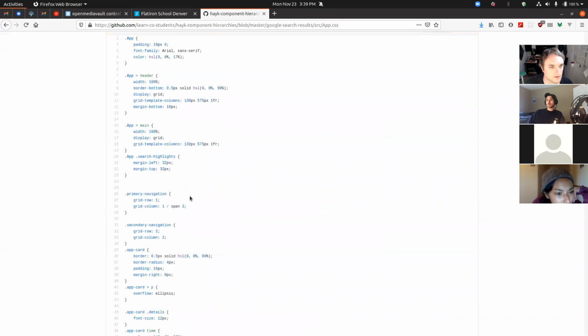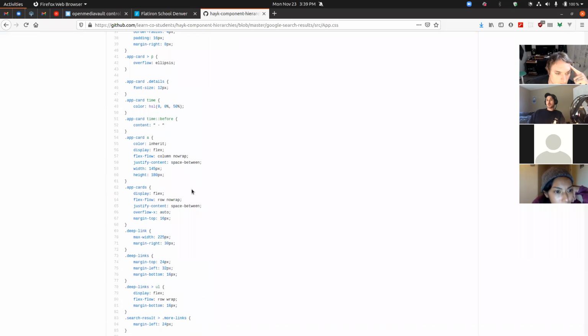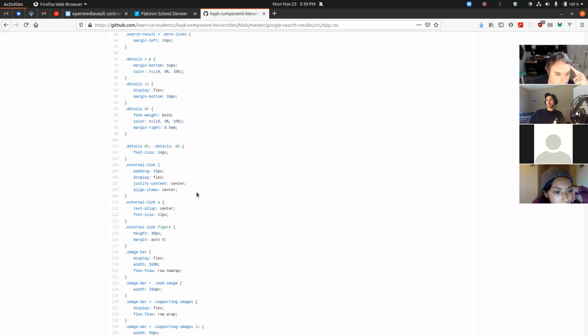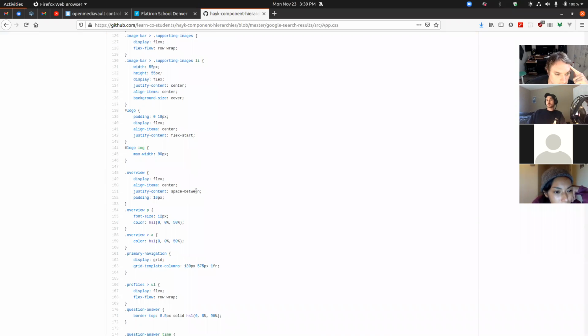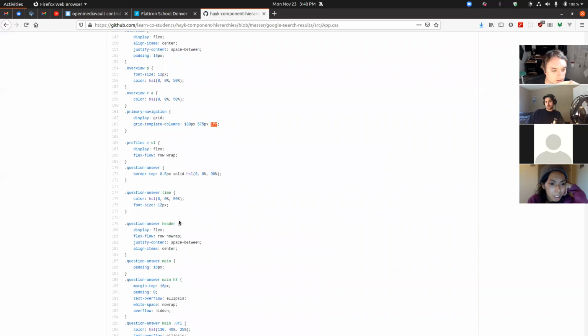App.css. Primary navigation. Oh, I gridded it. There you go, that's another way to do it. I put this on a grid and made these columns for it. So it's a fixed width for the logo, a fixed width for the search bar, and then one fr is everything else. And then within the primary navigation,